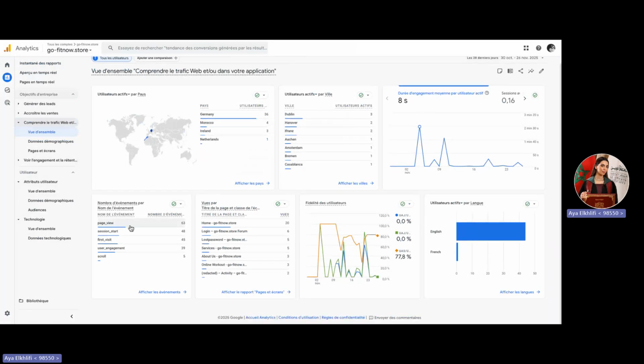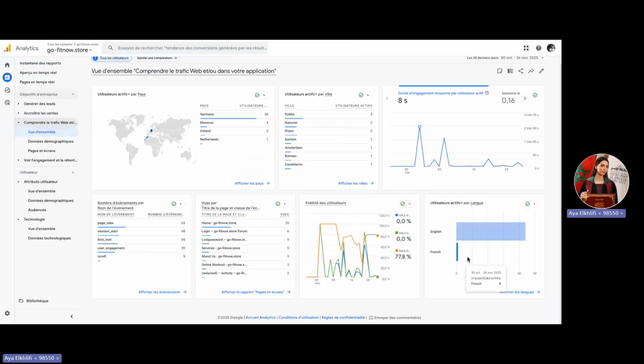Below, it shows the most common events performed on the site, such as page view, session start, first visit, and scrolling. I can also check which pages were viewed the most. The home page is first, followed by login, and so on. Another box here shows the user loyalty, which helps me identify returning users versus new ones, and reveals how consistent engagement is over time.